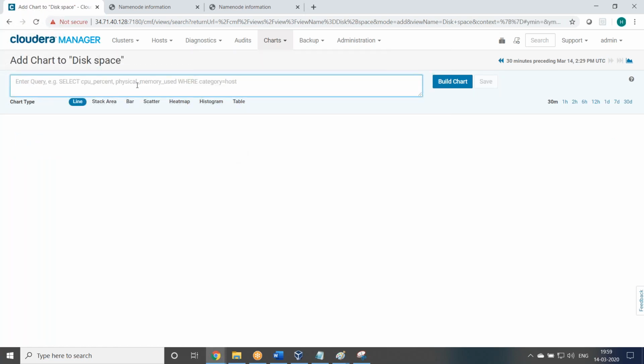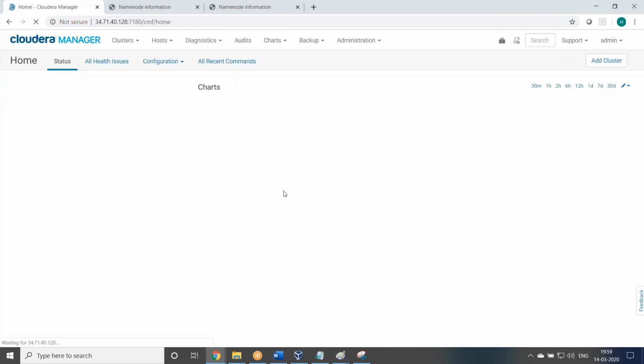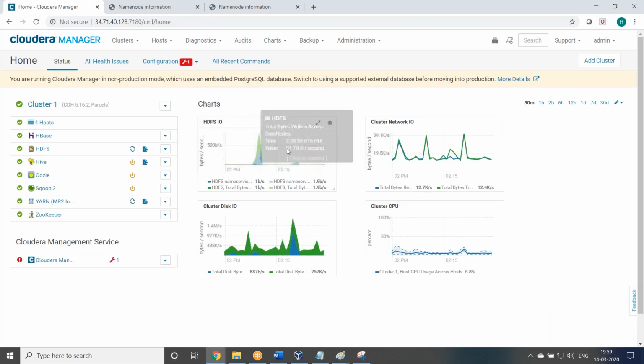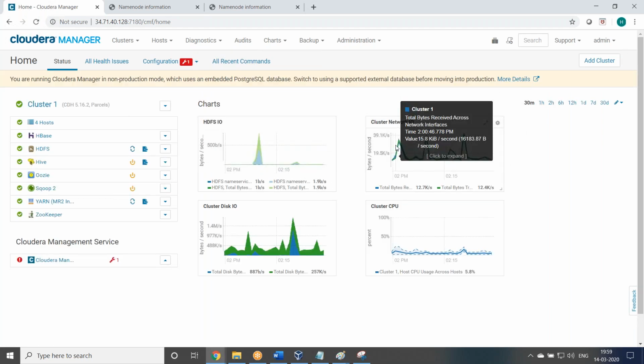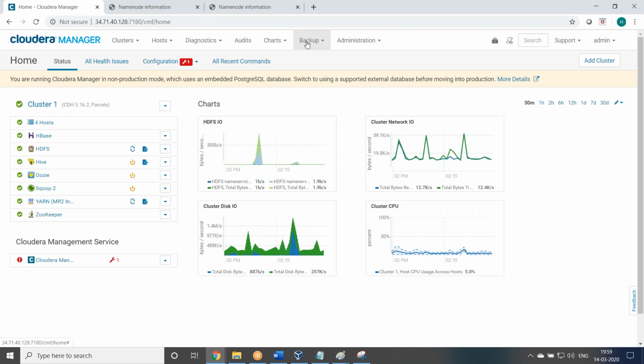Some disk space. Maybe select a query, you have to write some queries. You can select CPU percentage or memory or whatever it is. So that builds the chart. After you build the chart, it will be displayed this way, whatever you selected. Or else we created one, right?